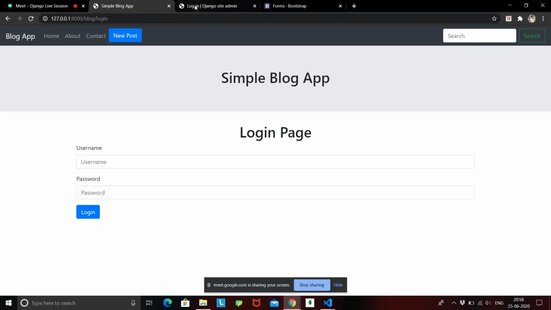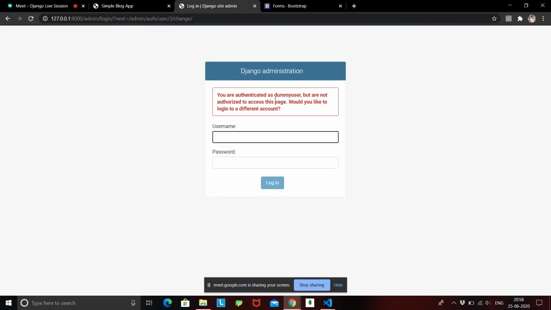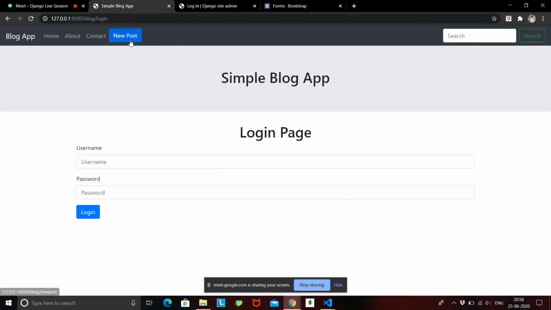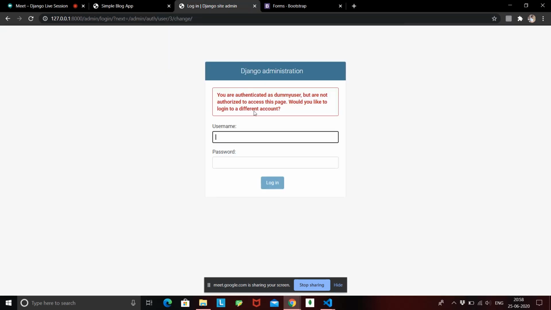Okay, fine. Currently we were logged in as dummy user, so we are not seeing this login and register button. Let's try to log out this dummy user. What we'll do is we'll just log in as our super user.